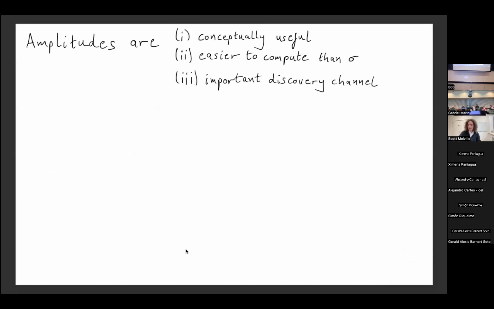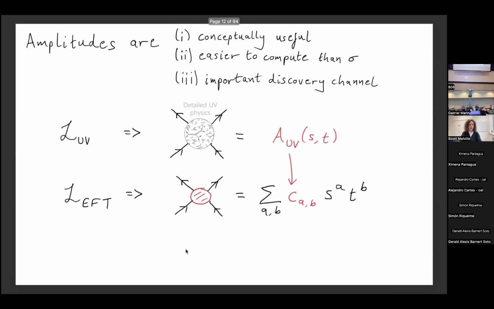Now, the final important thing about scattering amplitudes is that they're really an important discovery channel. It's a way that we can learn about what are the new states, the new fundamental physics that is dictating how these particles are interacting with each other. Okay. So there's a cartoon of this, which I'm quite fond of, which is that if you imagine at very high energies on very small spatial scales, there's some detailed high energy model that describes your universe,